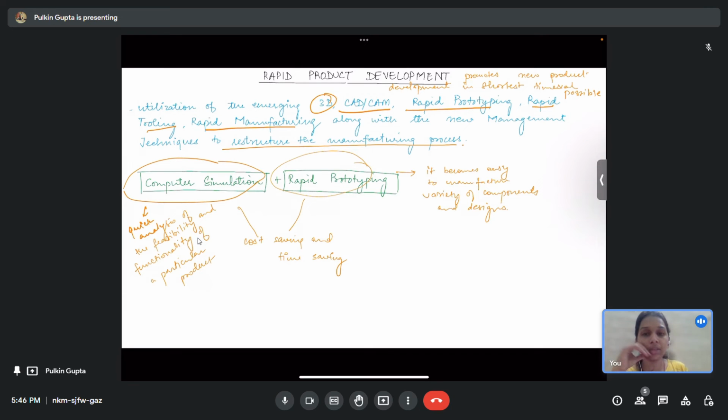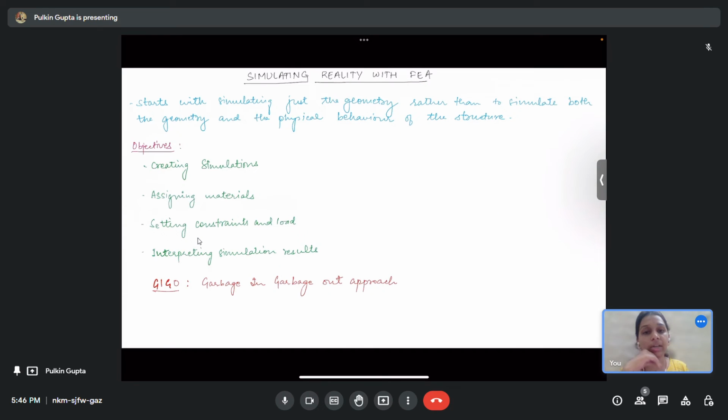Now this is basically simulating reality with FEA. What is FEA? This is finite element analysis. It starts with simulating just the geometry rather than simulating both the geometry and the physical behavior, that is the functional behavior. So first you start with simulating the geometry, if it is appearing as it should or not,